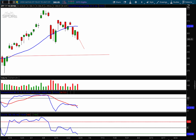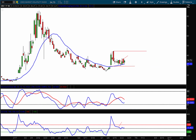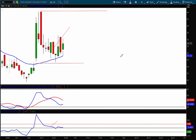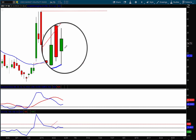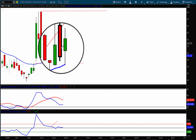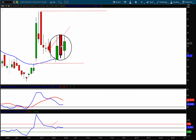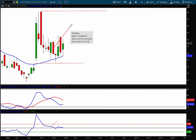Now I'm going to hop right to the VIX. That's the volatility index, because the volatility index is the leading indicator, also known as the fear index. And last week I said that we would most likely rally on the VIX, and we did just that. Now I'll zoom in just a little bit further and then even magnify this candle right here. What is that? Well, that smaller body green falls within the larger previous red body, and that is known as a bullish Harami. So my target is right here on the VIX at